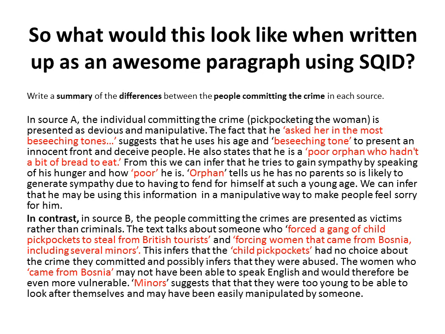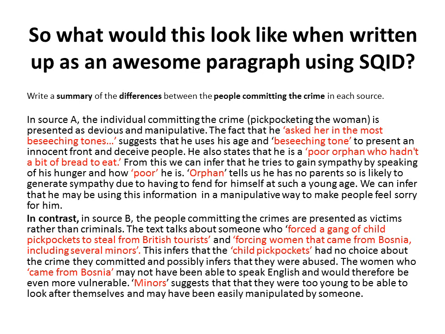In contrast, in source B, the people committing the crimes are presented as victims rather than criminals. The text talks about someone who forced a gang of child pickpockets to steal from British tourists, and forcing women that came from Bosnia, including several minors. This infers that the child pickpockets had no choice about the crime they committed, and possibly infers that they were